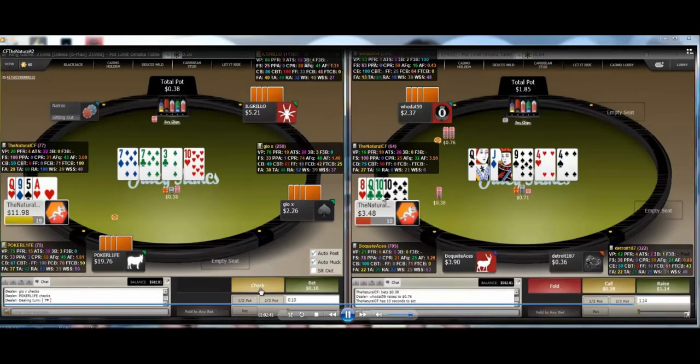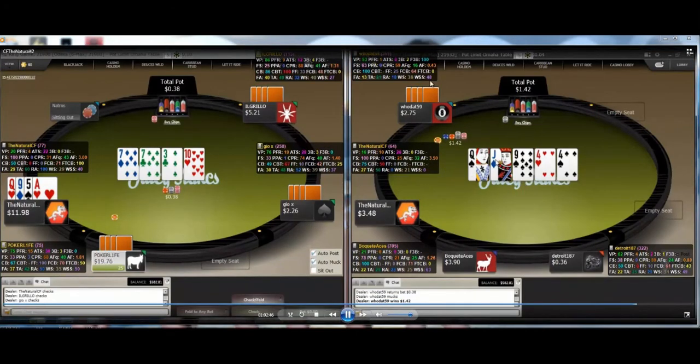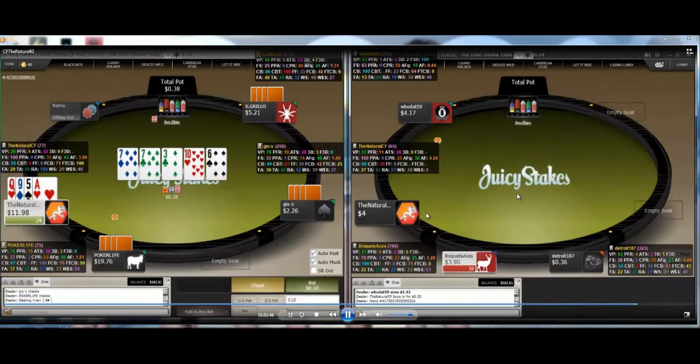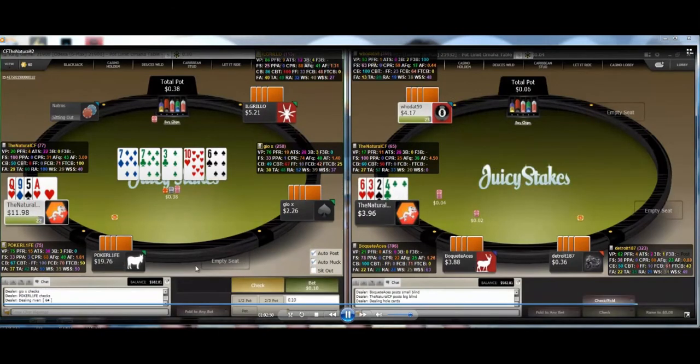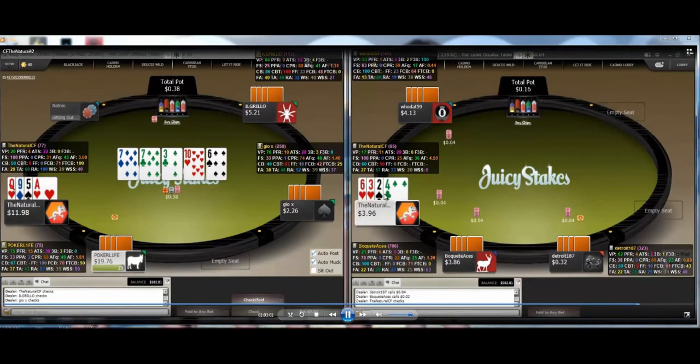But I'm trying to decide if I think there's any chance. I just let it go. This guy generally is not going to make that play without something better. So I did a bet-fold there rather than just check to him. I guess I could have checked there too. It's a tough call. That's a 50-50. I've seen him call down with worse there. So I decided to make a stab at it on the river, and unfortunately